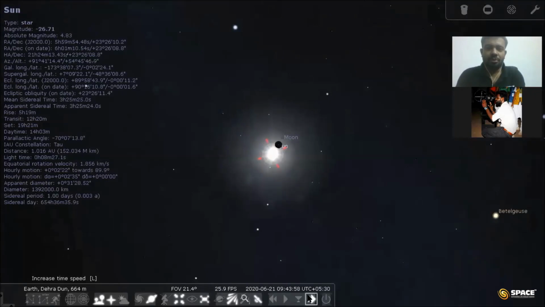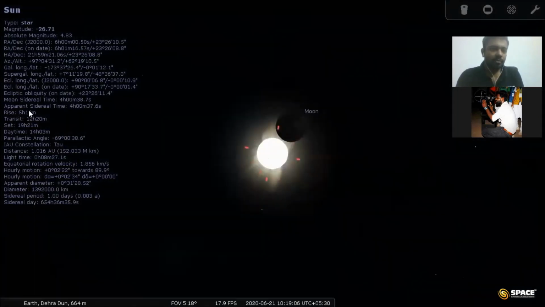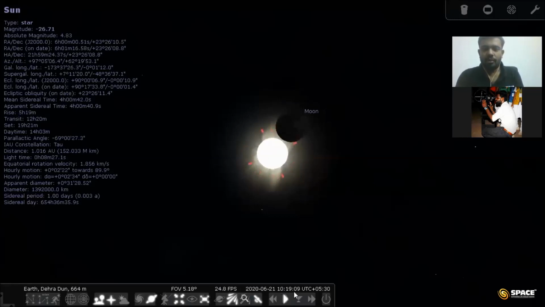You can see the eclipse is starting. You can see the time is 10:20 around. Okay, so in Dehradun at 10:20, the eclipse is at the first point of contact.